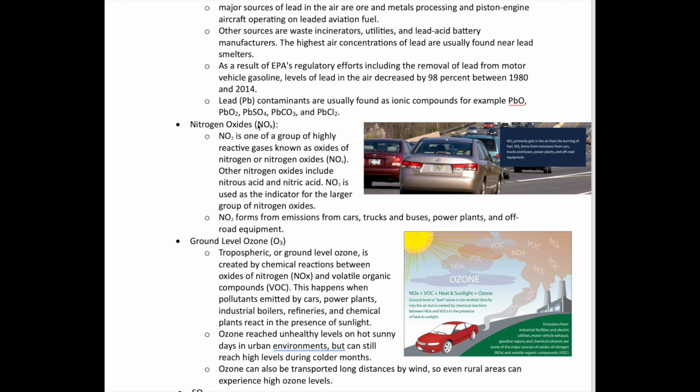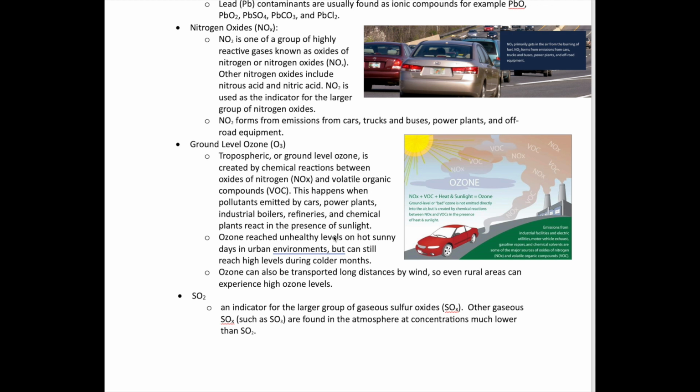Nitrogen oxides, which has the generic formula NOx, is a series of compounds that are generated from combustion, particularly from automobile gasoline combustion. It's given this generic formula because that X could be either 1, 2, or other numbers, but the most common one is NO2, which is nitrogen dioxide. It's found in air, and when it combines with water, it could actually generate nitric acid, and then when the water comes down as rain, we have acid rain, which could react with metals, which generates a lot of damage.